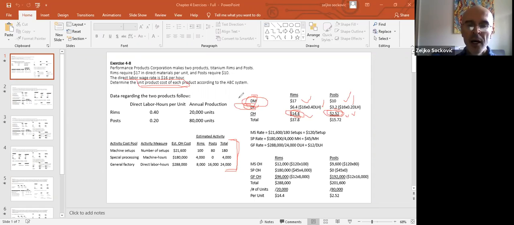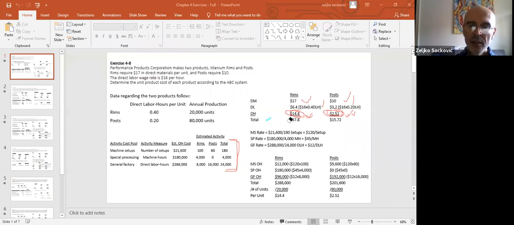So practicing is helpful, and always remember, that's what I say, go through the procedure, through the steps that you got used to when you were practicing, meaning what goes into product cost: direct labor, direct materials, and overhead. Now, if the question is just what's the overhead per unit for these units, then it's 14.4 and 2.52, right? So now how do we get to